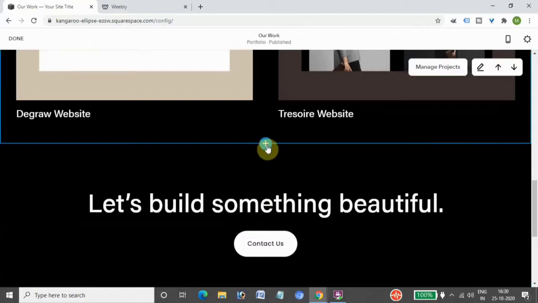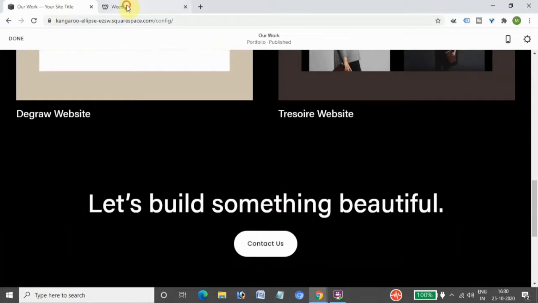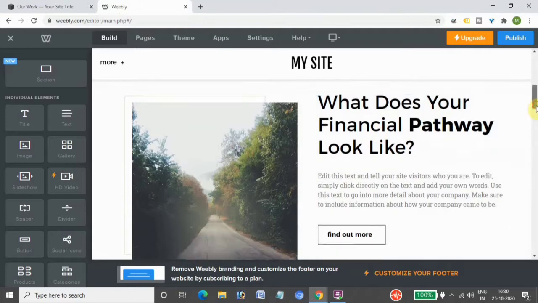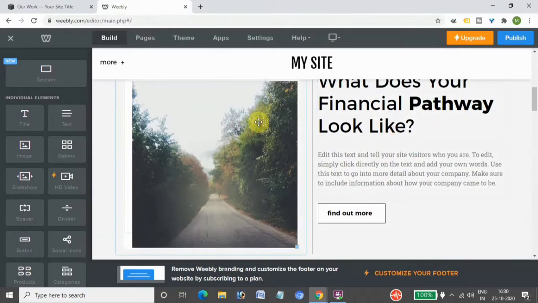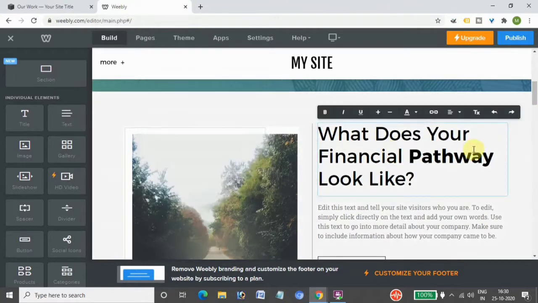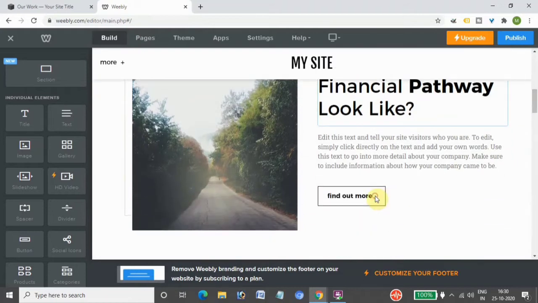You can add everything in terms of blocks in Squarespace, and Weebly is simpler and more beginner friendly. For example, here each of them is like a small section in itself, and you can make changes to their fonts, colors, and you can add different elements.